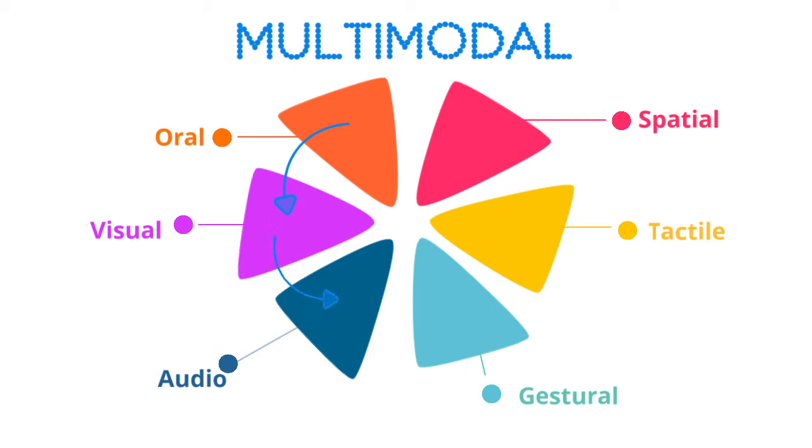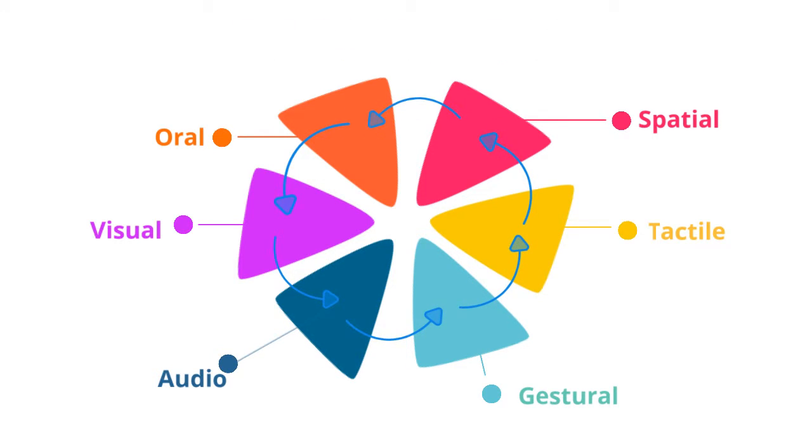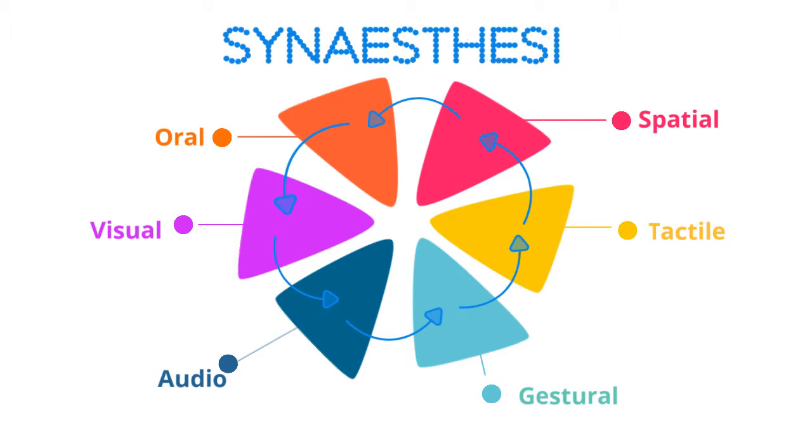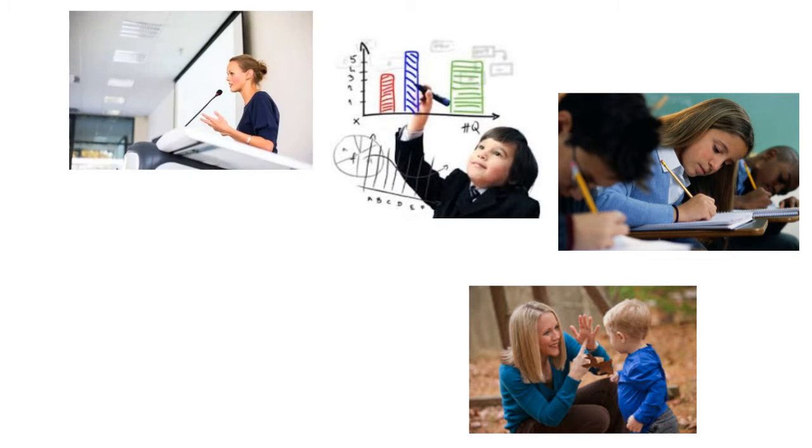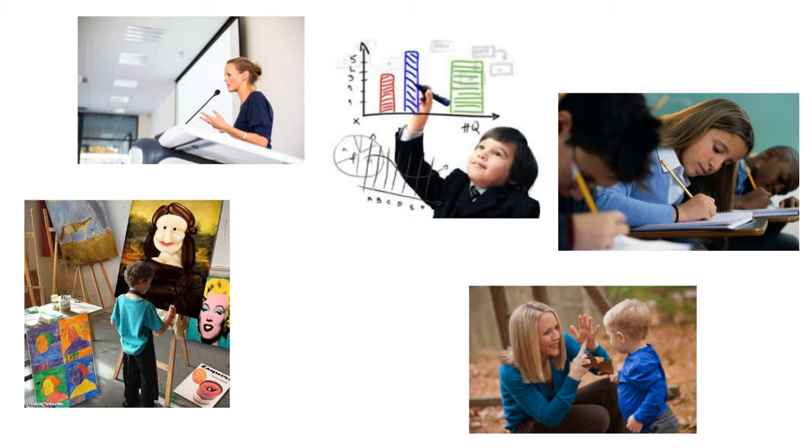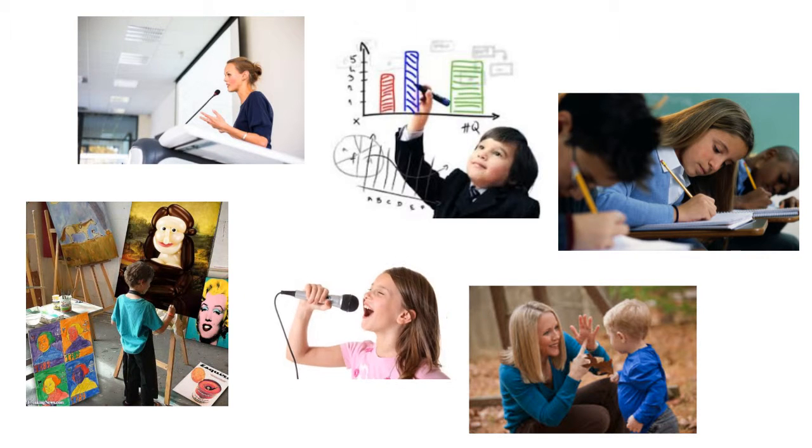The process of shifting between these modes and re-representing the same thing from one mode to another is called synesthesia. This allows for powerful learning in a number of ways. Some learners may be more comfortable in one mode than another. For example, one person may express meaning through drawing a diagram, while another may express meaning through words in a song.